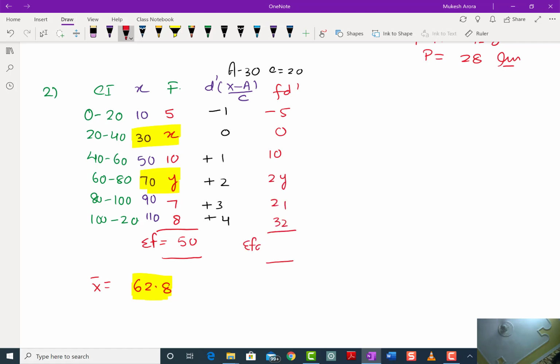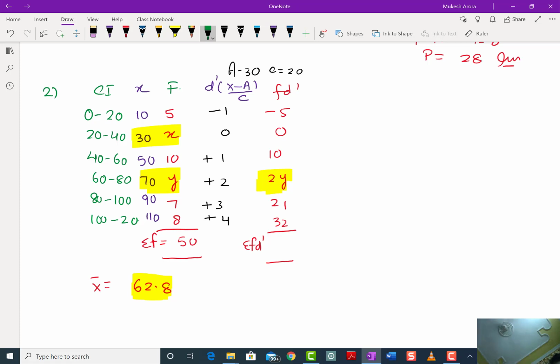Now what was the benefit of this? That now we have only one variable left. If we had taken any value other than x or y as the assumed mean, then we would get two variables. Again, in two variables it will be two equations, a linear equation in two variables. Again, one more question will be there. It will consume more time and need more calculation, and all of you are very much aware of how strong you are in calculation. So avoid the calculation; we have to take the value where we can eliminate one variable there only.